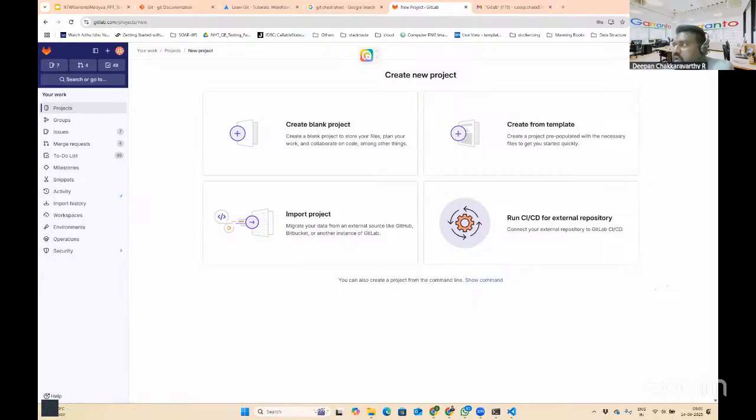GitHub has an edge with GitHub Actions. Earlier, GitHub didn't have that feature. GitLab had that automation feature called GitLab CI. We were using GitLab CI for some time in the absence of GitHub Actions. Now that you have GitHub Actions, where we can set up the pipelines, we've started to use GitHub. So it depends upon our requirement. Personally, I prefer both GitHub and GitLab, for specific use cases. Fine?